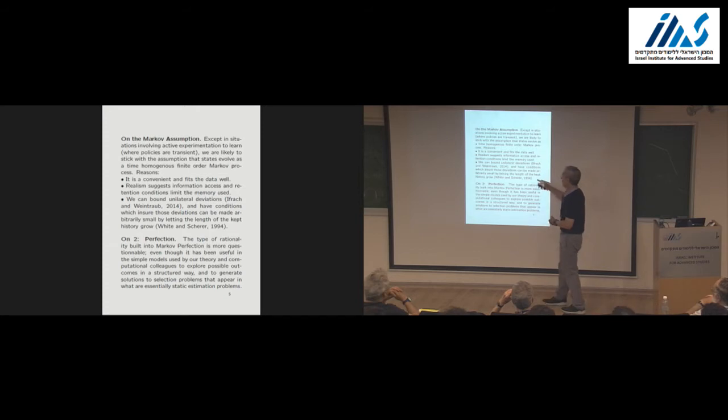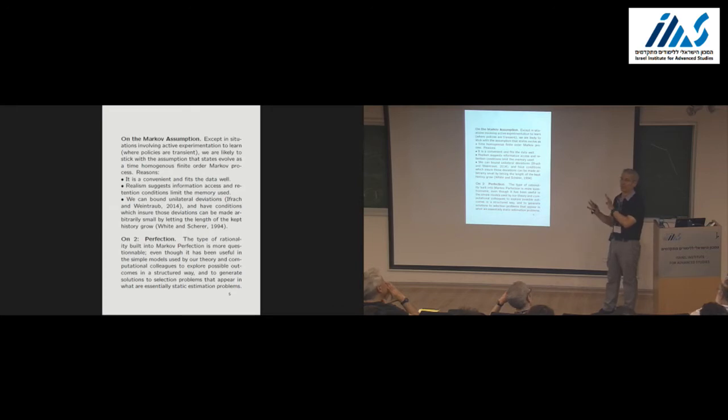And we have conditions which ensure that those deviations can be made arbitrarily small if I put in enough history. Okay? So I'm going to keep with the Markov assumption. The perfection assumption is different. The type of rationality built into this, the perfection assumption, is more questionable. And I'm not saying it has, so when I say something's questionable, I don't mean, I said this at